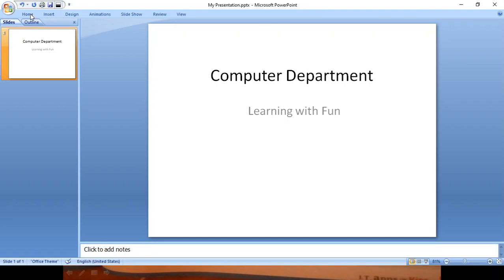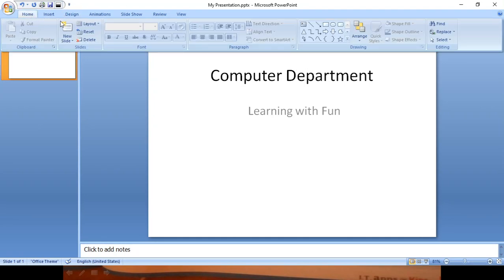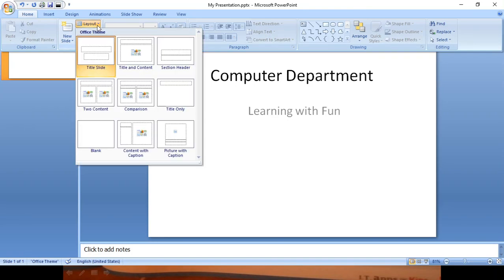Now I would like to show you the placeholder. I'll change the layout. Now see what they say, that placeholders are the dotted or hatched mark borders that are a part of most slide layouts. These boxes hold title and body text or objects such as charts, tables, pictures.